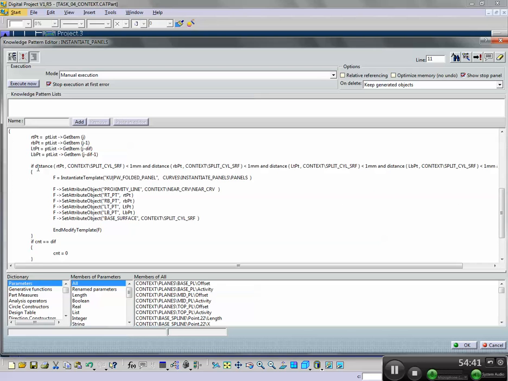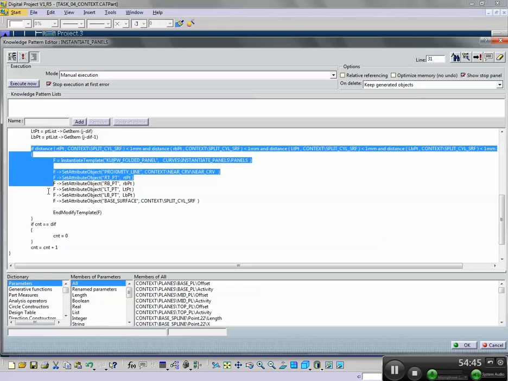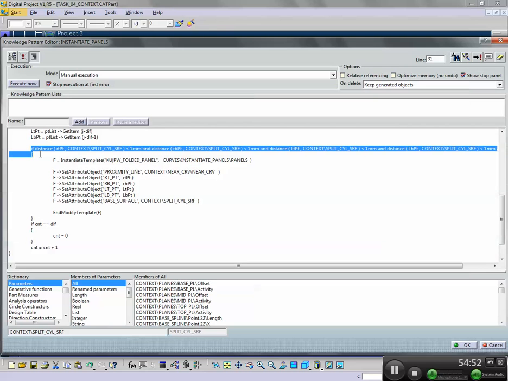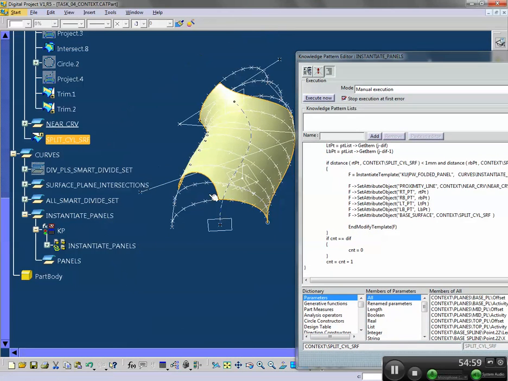And this section is the only real interesting section that I'll show you. There's this if statement, and the if statement is basically saying I don't want to instantiate panels where there's no surface. I only want to instantiate